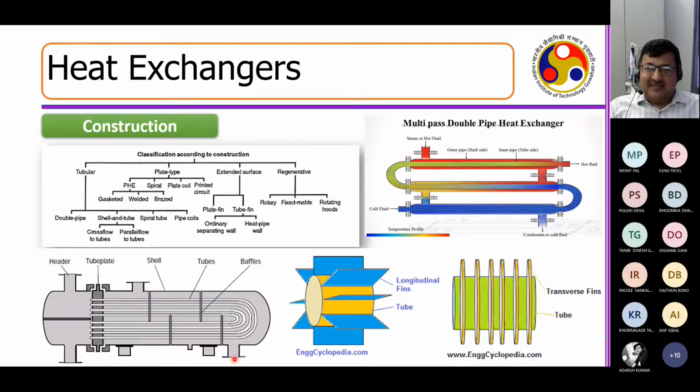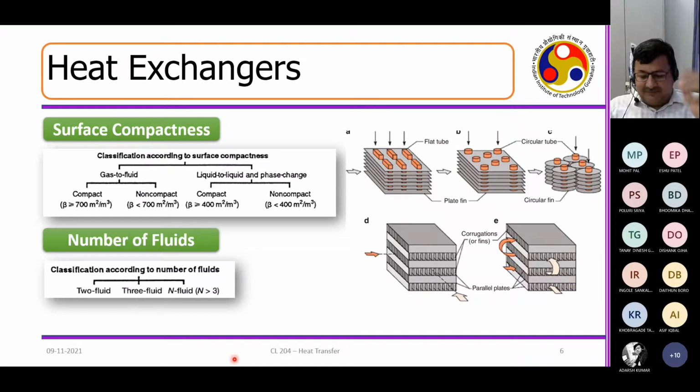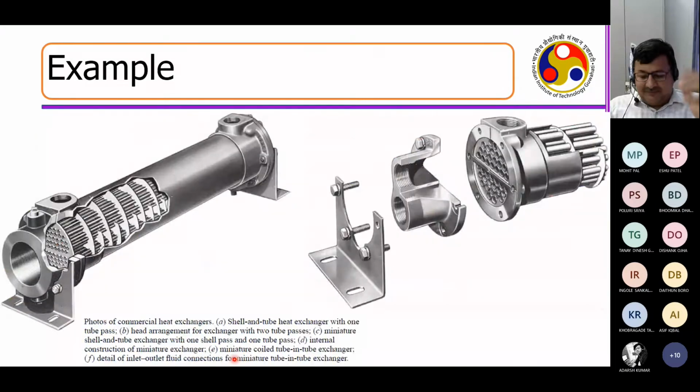People ask me, sir, why should I study mathematics? Why should I study optimization? Why should I study numerical methods? You can see that in order to learn a subject like heat transfer, you need all of it. The more you are increasing the baffles, you may see that there are so many baffles here, right? Now, if you make n number of baffles to make the flow zigzag, there are two problems.